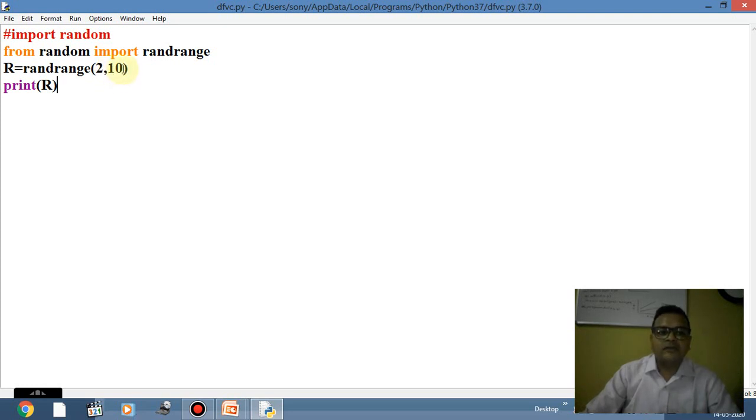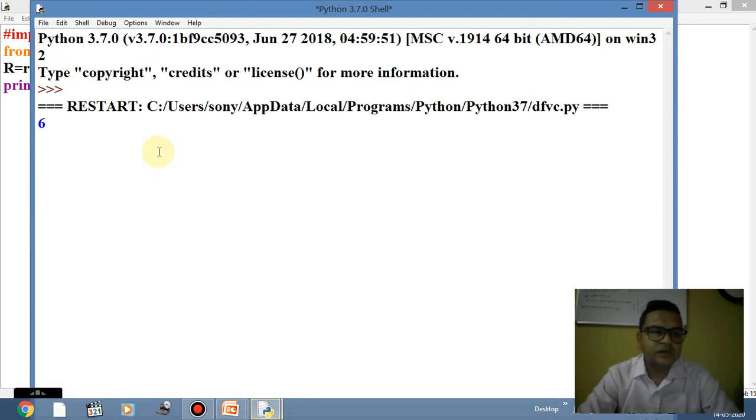Same thing if we have to make a dice program. If I want to make a dice program, we know that the smallest value on a dice is 1 and the maximum value is 6, sorry. So I can assign my lower limit as 1, and my upper limit as 7, because 7 will not be included. So 7 minus 1, that is 6, will be the last limit of this logical dice which I am going to create right now. Just check it out, we have 6 right now.